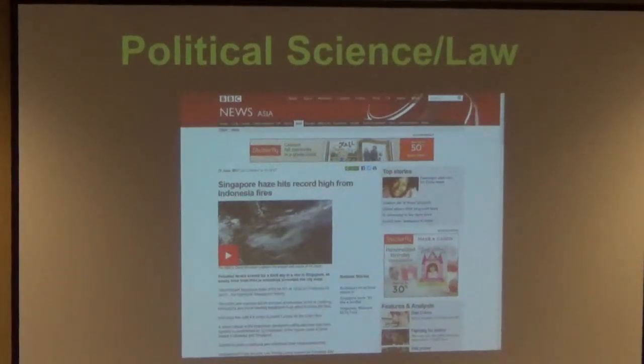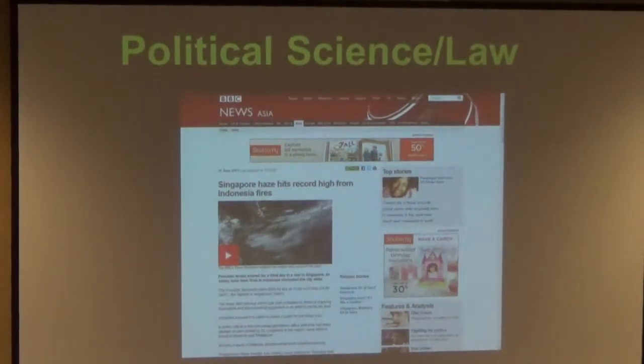Another one is political science. It might be a little bit hard to talk about climate change through a political science lens or law lens. And one other application that we're working on now, or have over the summer, is Global Forest Watch Fires. So fires aren't really a natural occurrence in a lot of the forests of the tropics, but